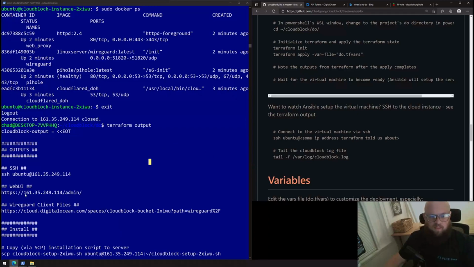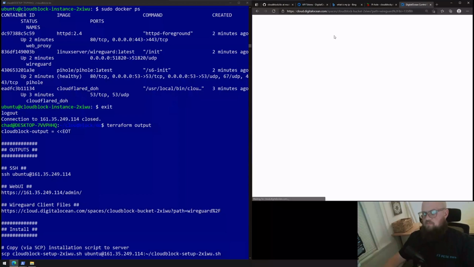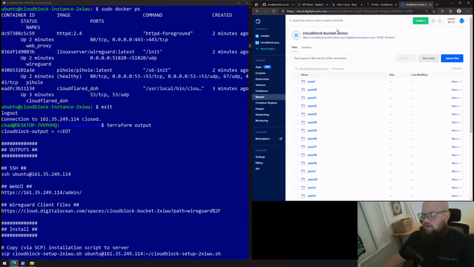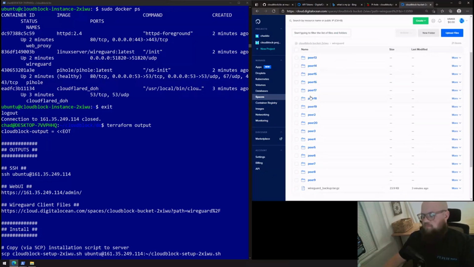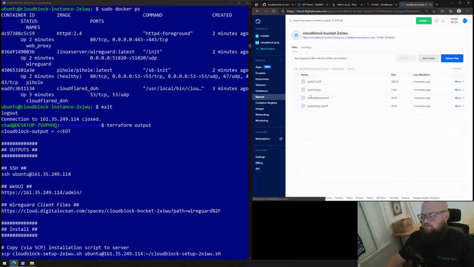What else do we want to do? We can look at the WireGuard configurations. I'll copy this, open in a new tab, and you'll see this goes to DigitalOcean. This is the bucket where DigitalOcean stores our data. We have all our peer configurations. So I had 20 peers, and there they are. If I click one,